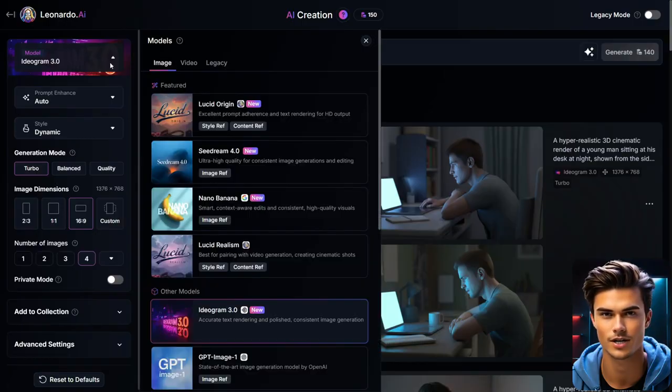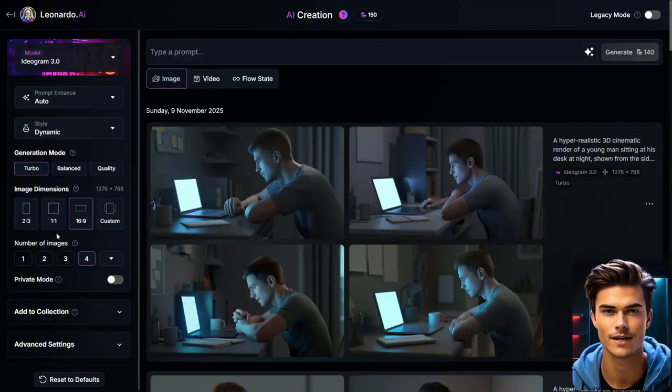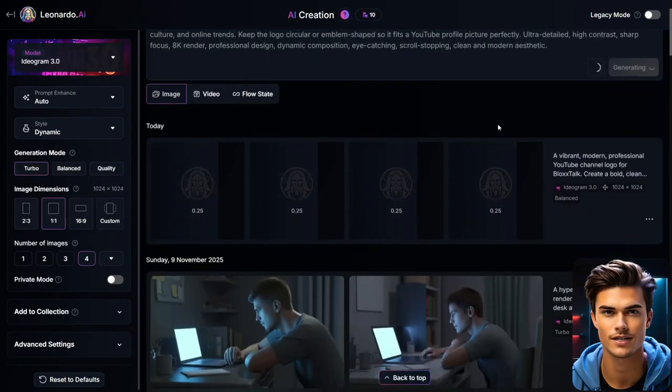Inside Leonardo, start by opening the model section at the top and search for the Ideogram model, which is the one that we will be using. Then, in the aspect ratio settings on the left, set the ratio to 1:1, since that's the standard logo format. After that, copy the rest of the settings that I'm using right here. Then paste your prompt into the prompt section above, and then click on the generate button to start the image